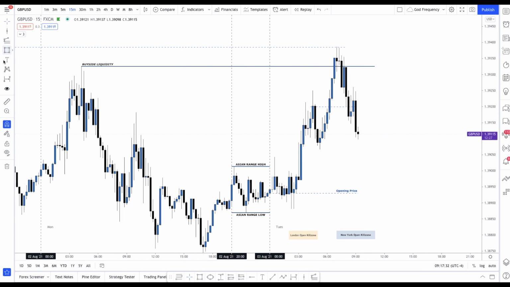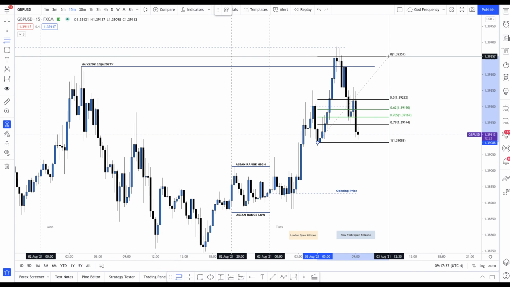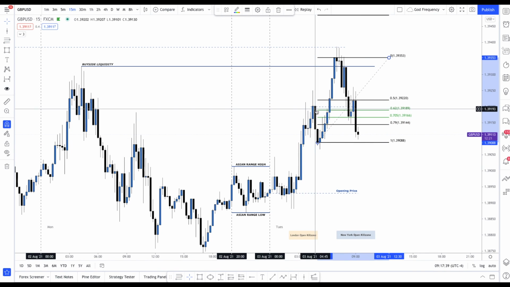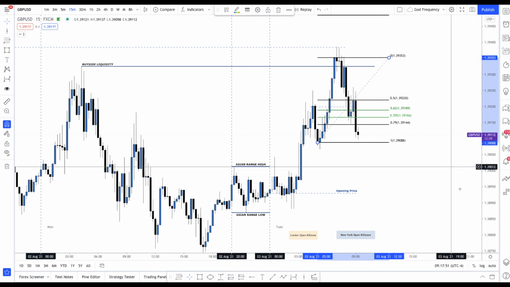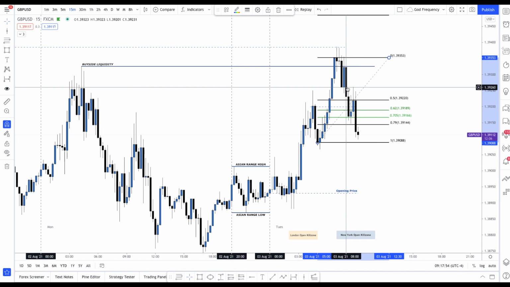At the time I took this trade, I was looking at the 62 level here to catch an OTE trade, and we did get a pullback, but as you can see, this as of right now in real time,